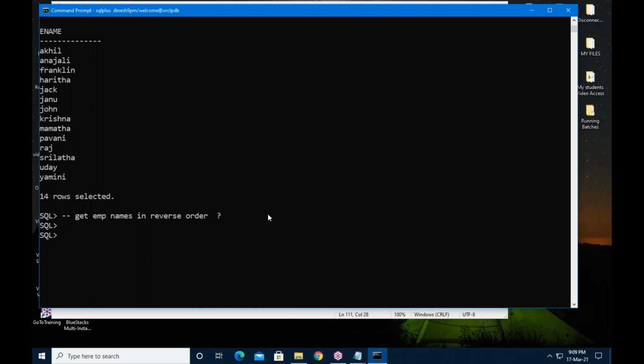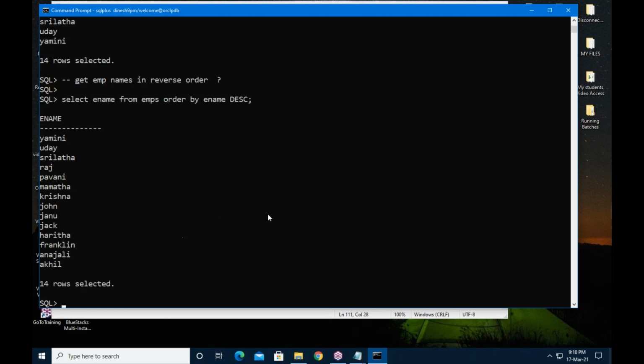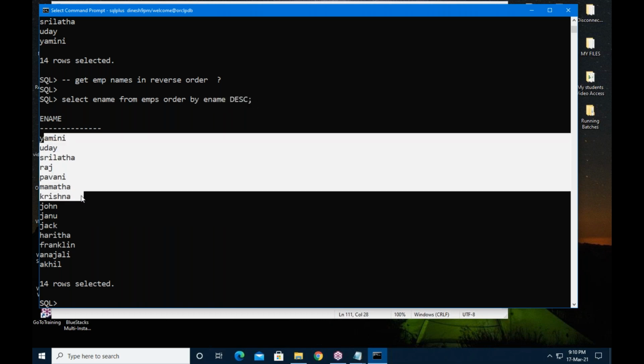Reverse order means Z to A. Select ename from EMPS order by ename, and use the keyword DESC, descending order. Display the column values in descending order. Descending order here, as we have character data, means Z to A.